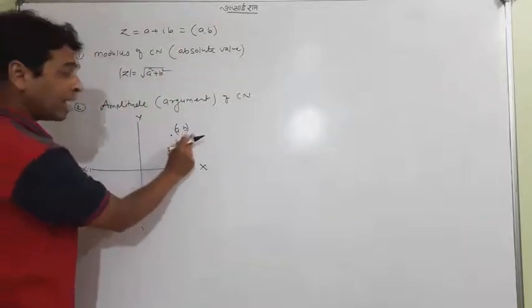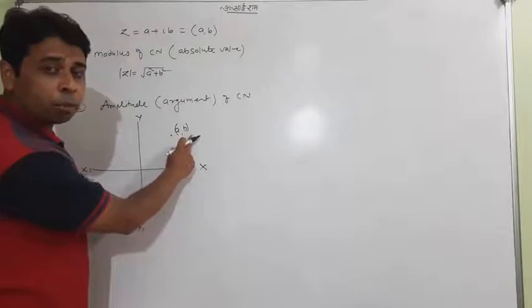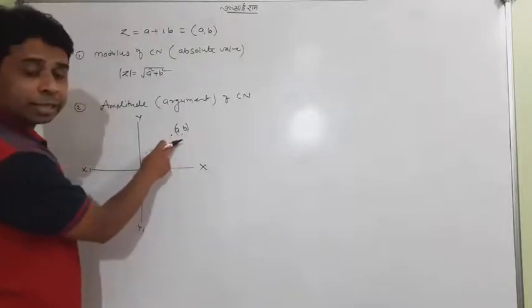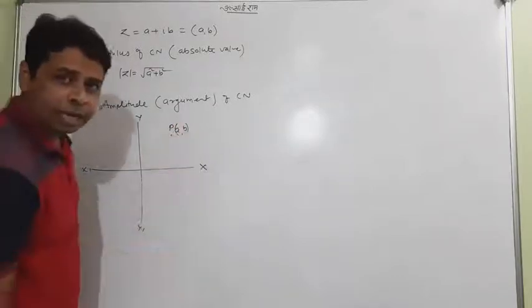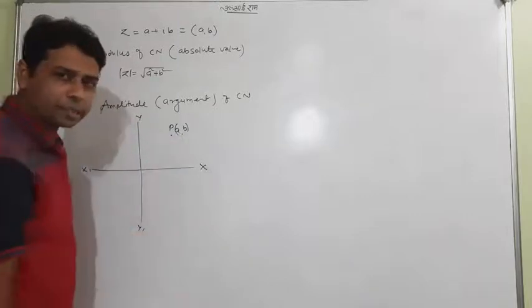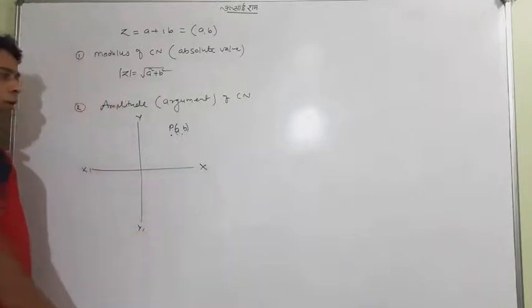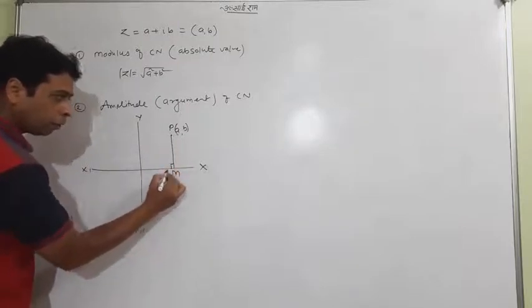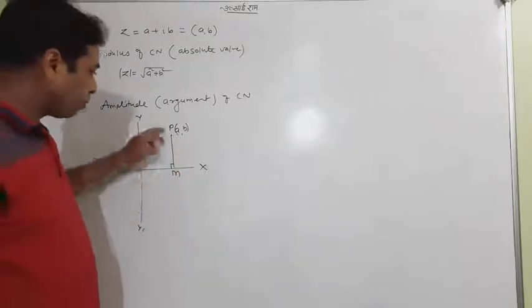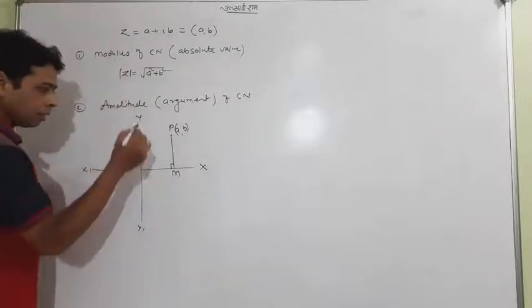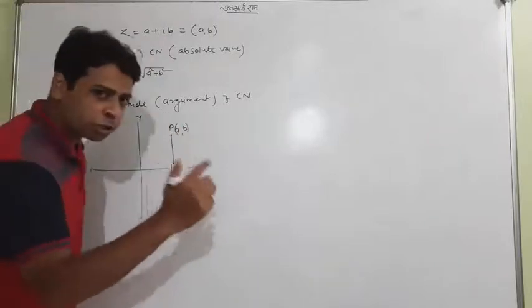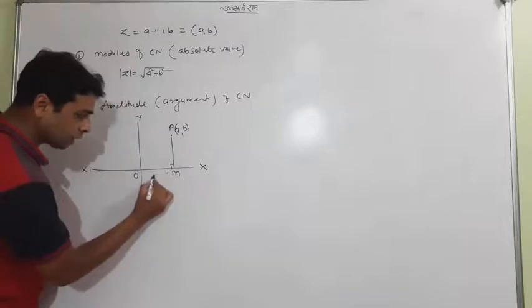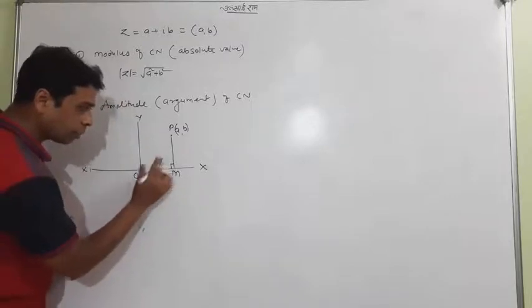Now, this time as an ordered pair, my complex number is located here as a point P. Suppose P is (A, B), or Z, you can also say Z, (A, B), no matter. I'm doing some work here. Just draw the perpendicular from the point P on the x-axis, and it automatically creates two distances. First is A, and this is B.